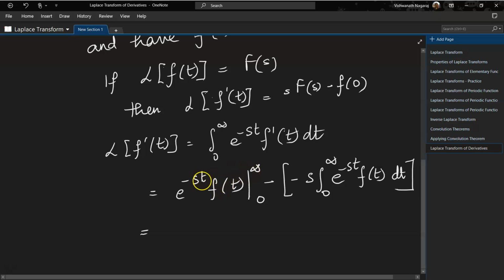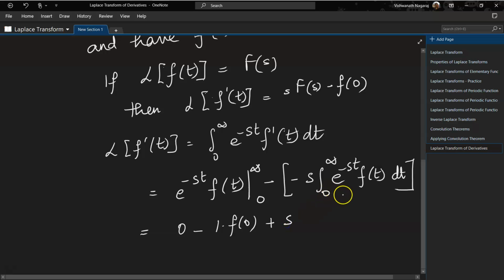If we put infinity in e to the power of minus s times infinity, we get e to the power of minus infinity. This is as good as saying 1 by e to the power of infinity. Now 1 by infinity actually gives you 0. So 0 minus, now let's substitute 0. E to the power of 0 is the same as 1, right? Anything to the power of 0 is 1, times f of 0, minus into minus, plus